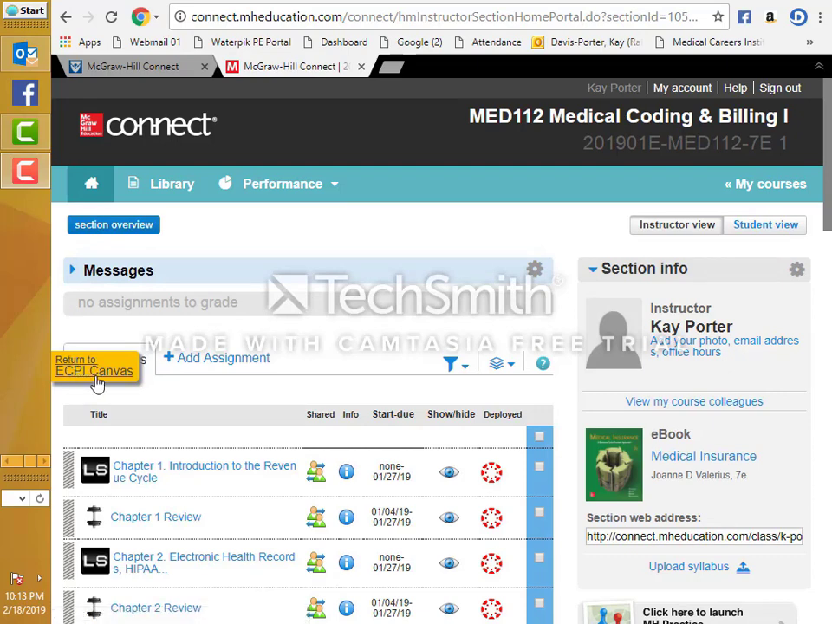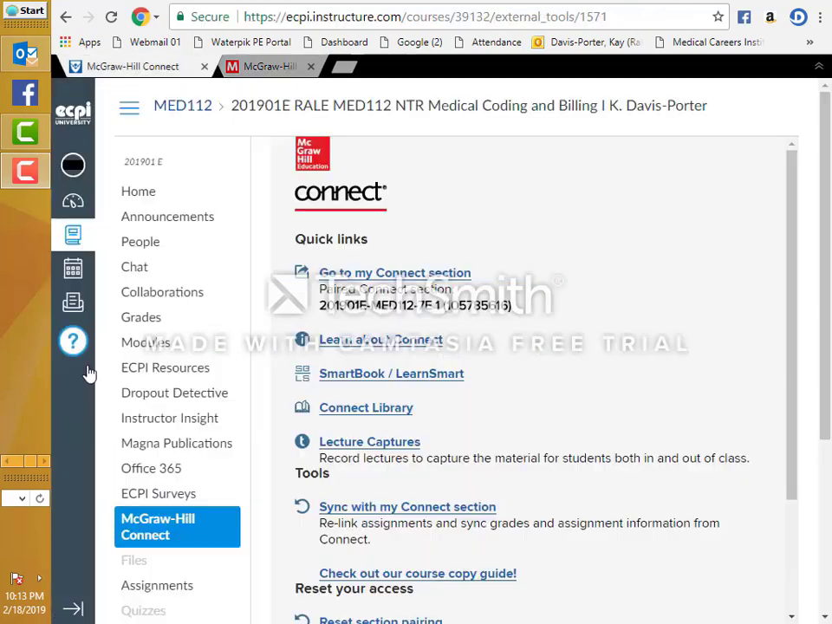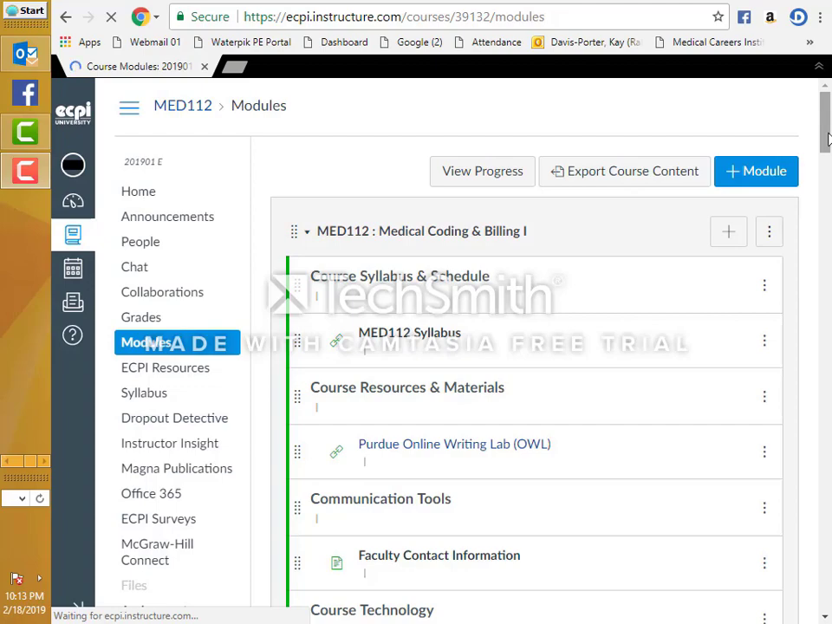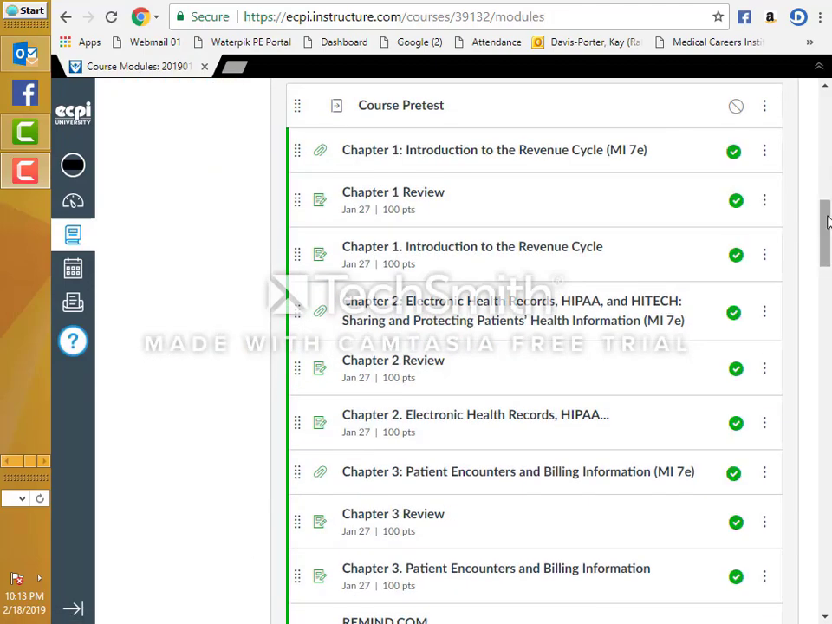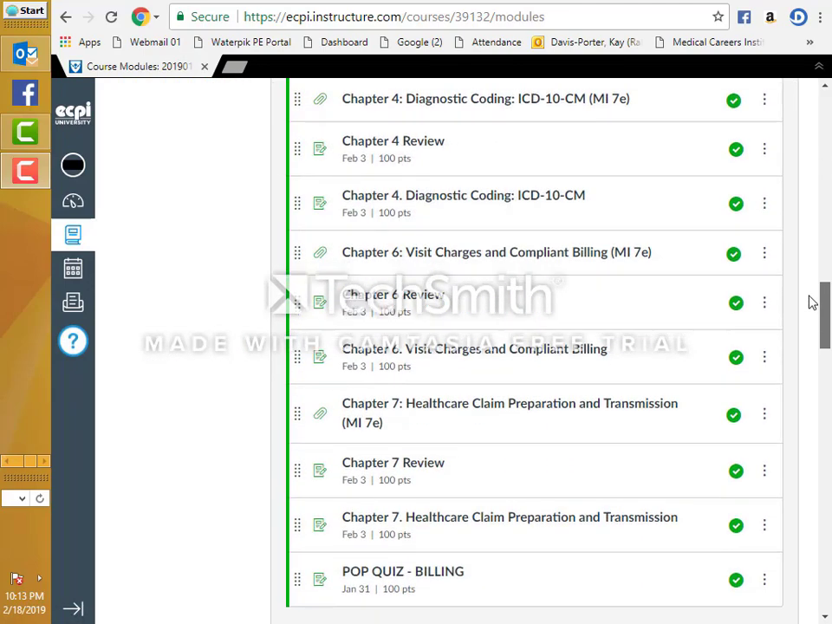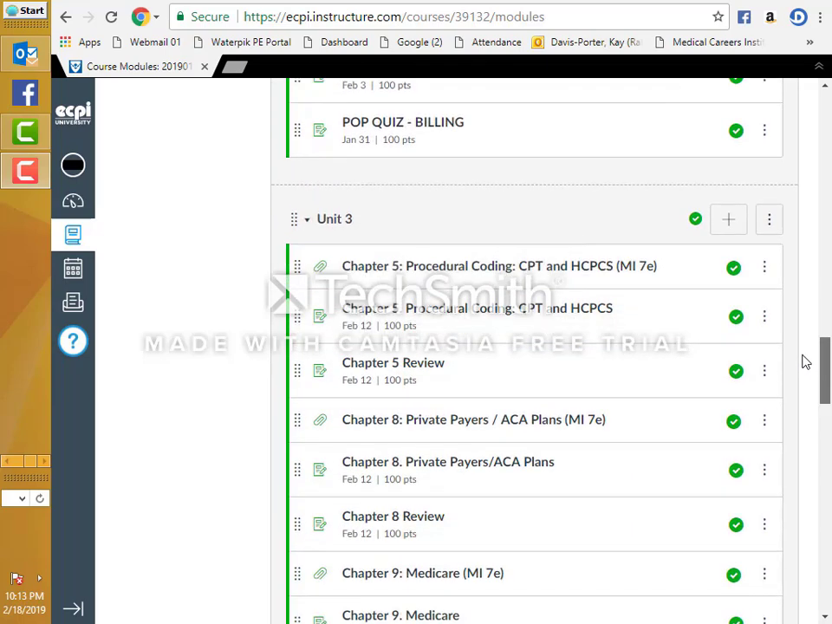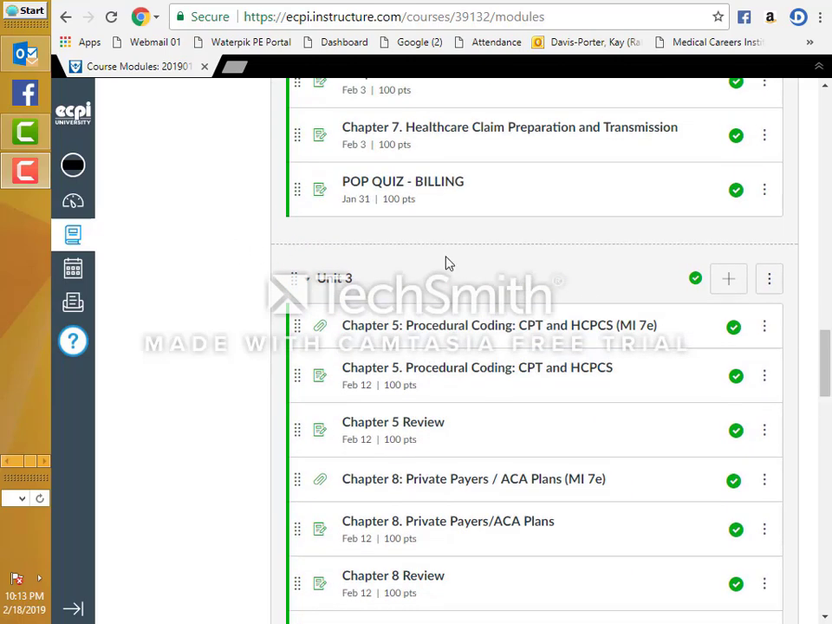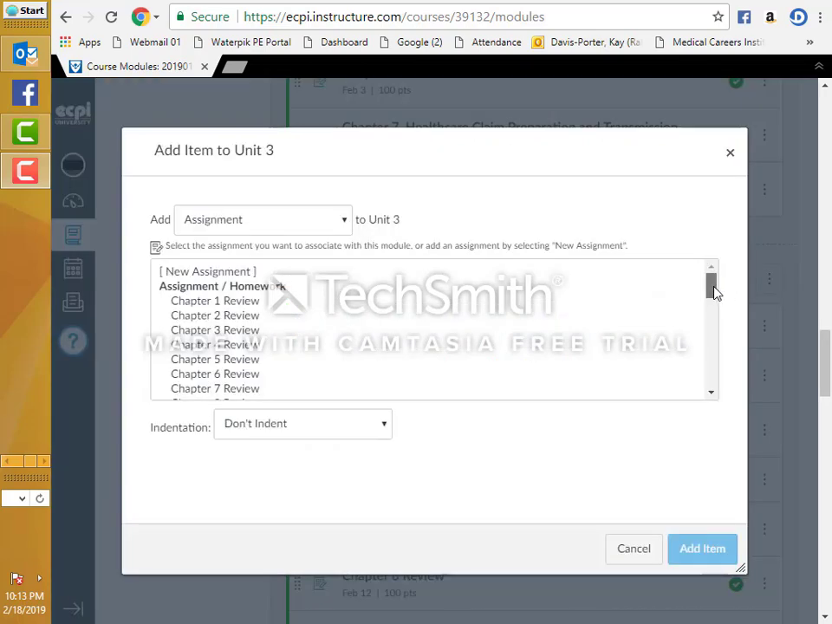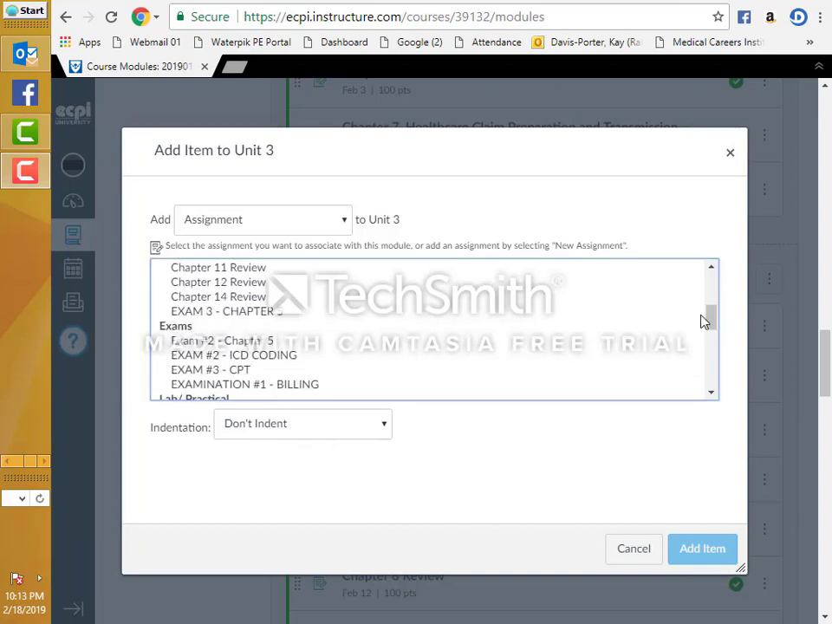Now I want to go back to my Canvas, and I want to add it. So I either want to add it, I like to add it in assignments, and I like to add it in modules. So let's go to our modules, and then wherever you want to put it, I typically would like to put it where the chapter was. So our chapter 5 is right here. So in order to add it, you're going to click the plus sign, and then you scroll down and you find it, and it's right here. So let's click it, and then we're going to add it,